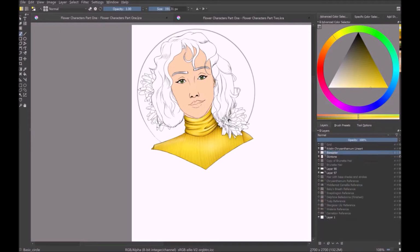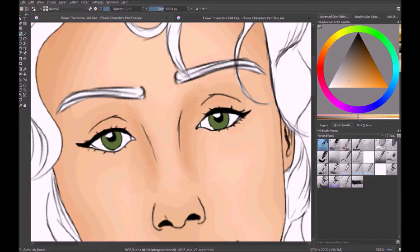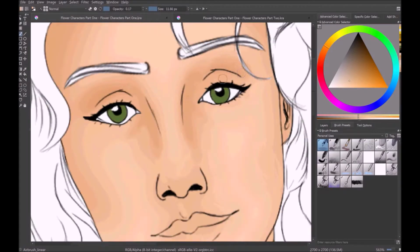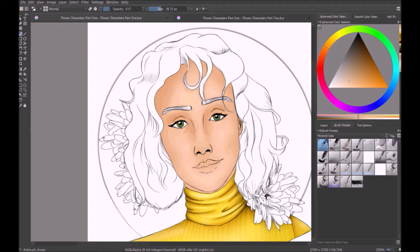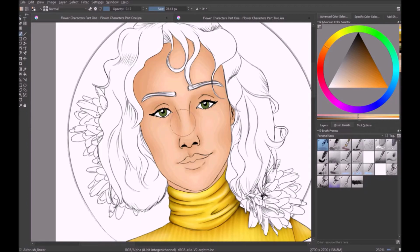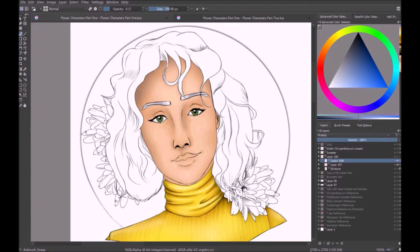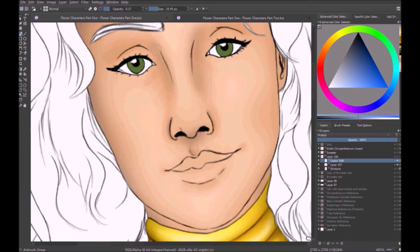So here I am shading her skin, and I actually decided to do something a little different. I decided that I was actually going to take so many people's advice and use complementary colors to shade. So I picked out my skin tone and then went to the opposite end of the little wheel to get the opposite hue. And I really liked how it turned out,